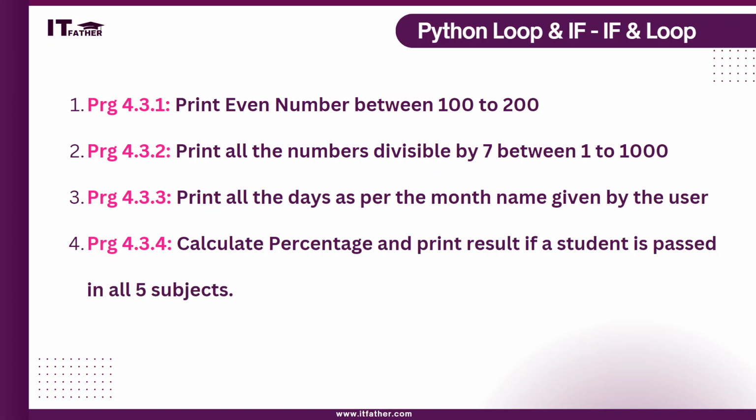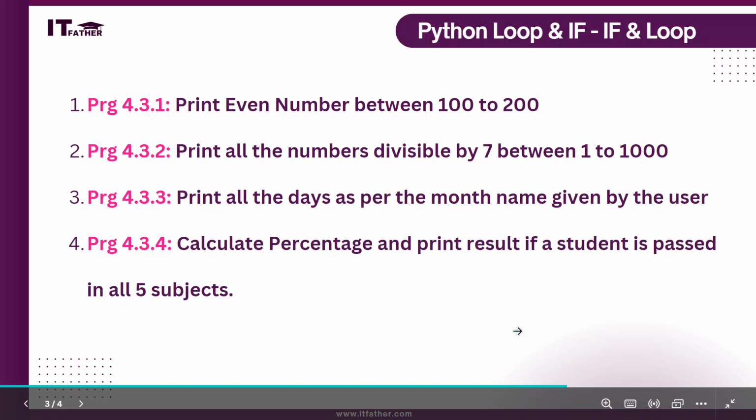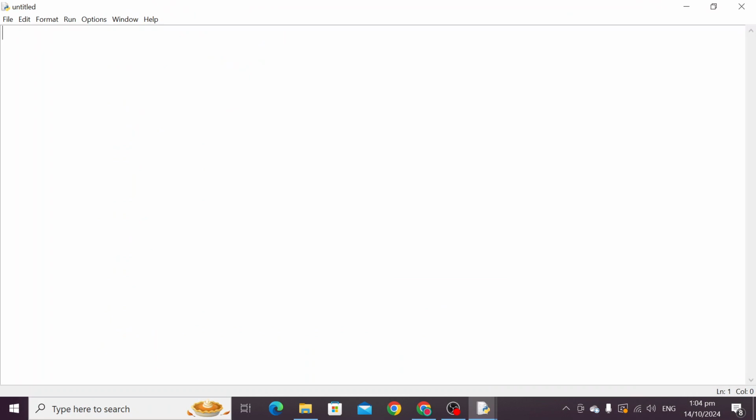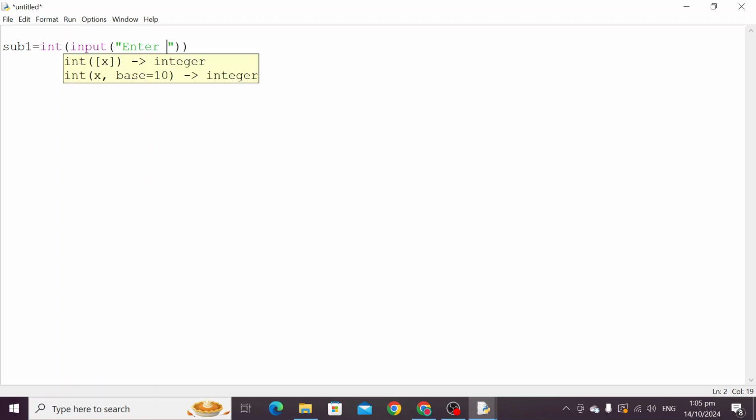Next program: calculate percentage and print result if a student has passed in 5 subjects. It means, let us do it. Then we have to take marks in 5 subjects. So let's define a variable and take value from the user. Subject 1 equal to int, because we have to calculate all the values, that is why we have to use the int function. Then input, enter marks in subject 1,